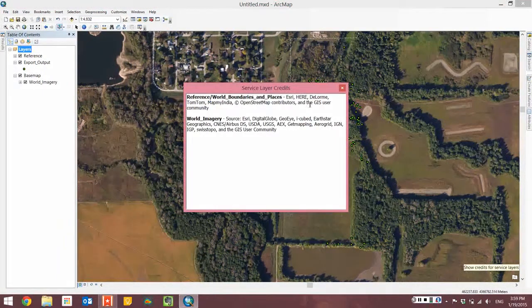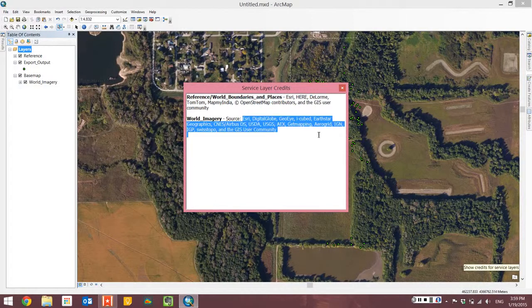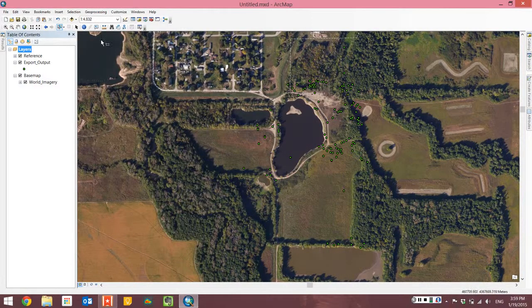So here, if we click this, it shows us that the reference and world boundaries information, things like this dashed line, come from some of these places. World imagery comes from some of these places, right? So anyway, keep that in mind. You wouldn't be able to, for instance, digitize features from here and sell those features without giving Digital Globe a cut. So you should be careful. It's good to use these for context, or to explore what some piece of mystery data that don't have adequate metadata might actually be showing you. But that would be how you add a base map, and they are quite